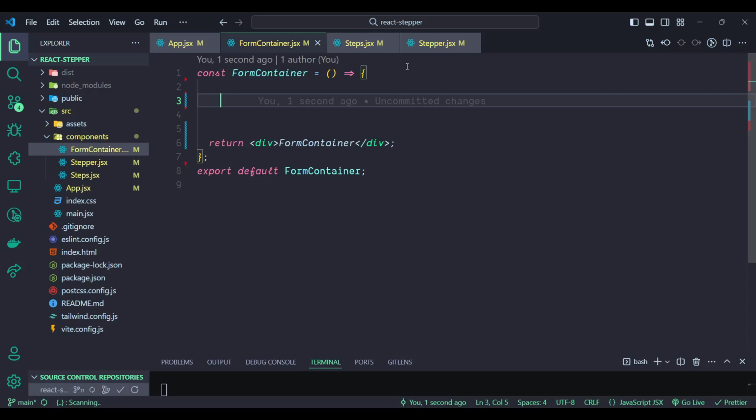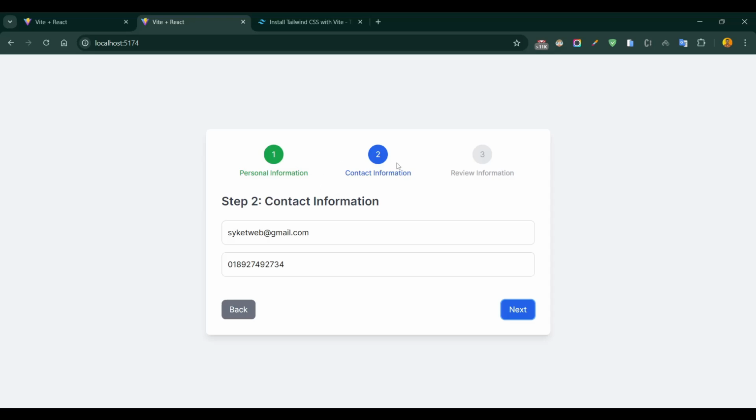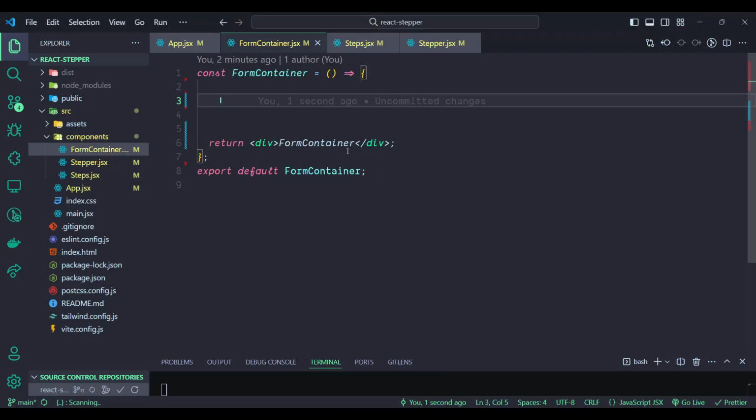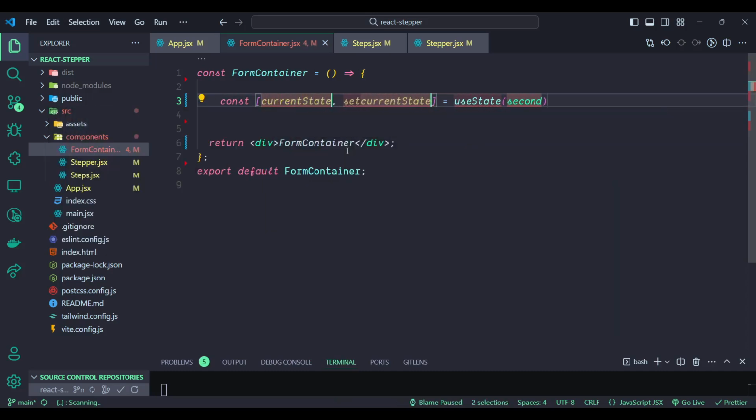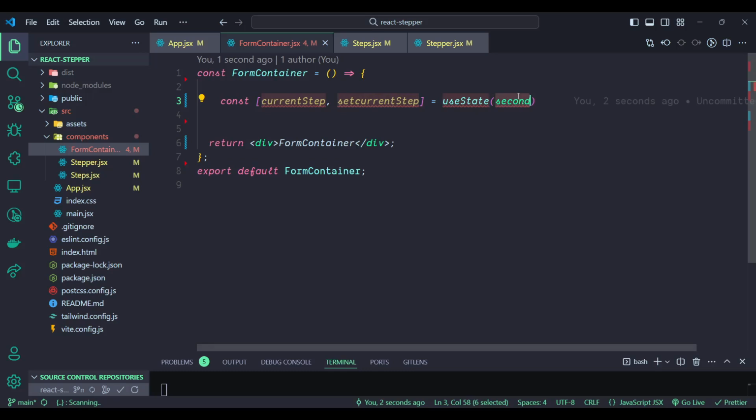So let's go to the final product. Here you can see the steps, 1, 2, 3. I'm on step 2, that's why 2 is in an active state, right? So we can think we need a current state, right? So we can assume to create a current state here. Let's create it with the useState snippet, and it's currentStep, not state, state. Cool. So it's a current step, and by default the current step should be 0,